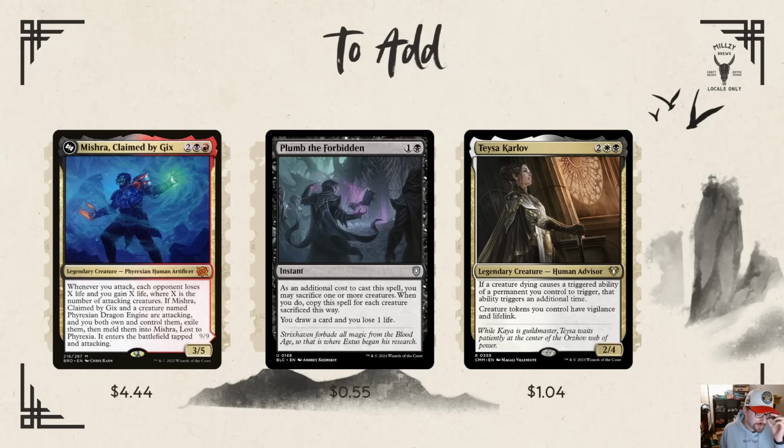So what you can do with Mishra is stack all of your mobilize and all your triggers above it, so all those warriors come in tapped and attacking, gnomes, whatever you may have. And then Mishra is going to count all those extra numbers and get way more damage off on our opponents. Plumb the Forbidden, I think, is a card that feels really good here because...